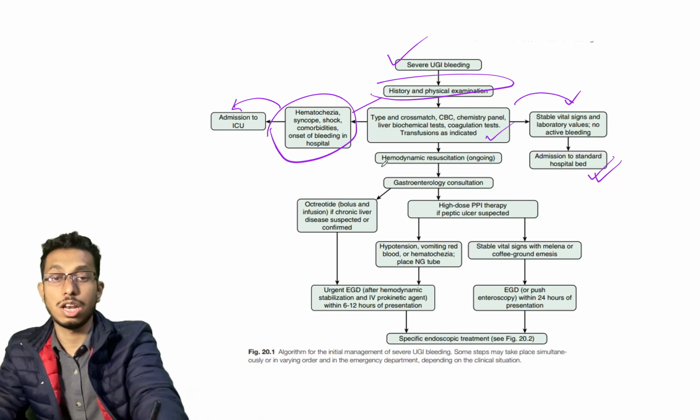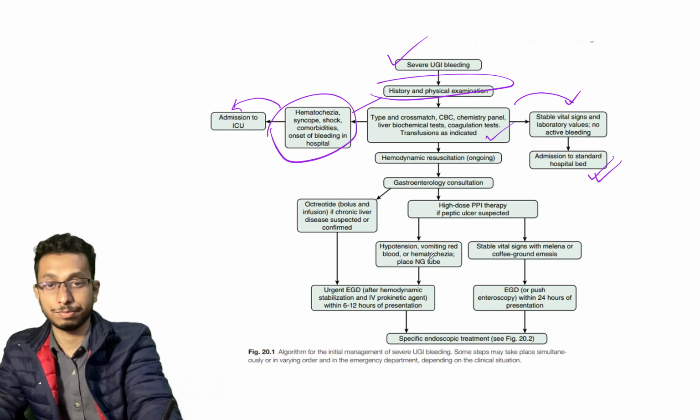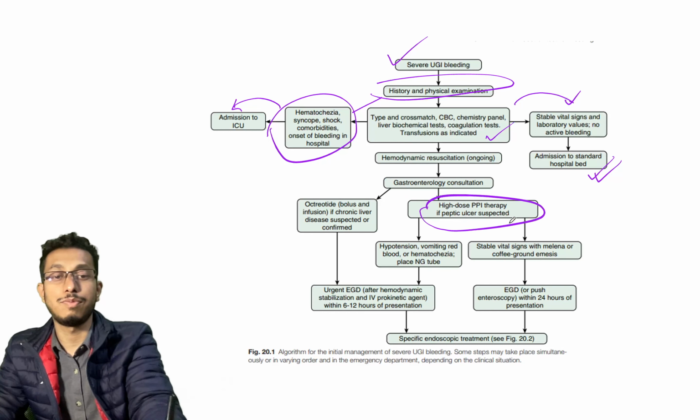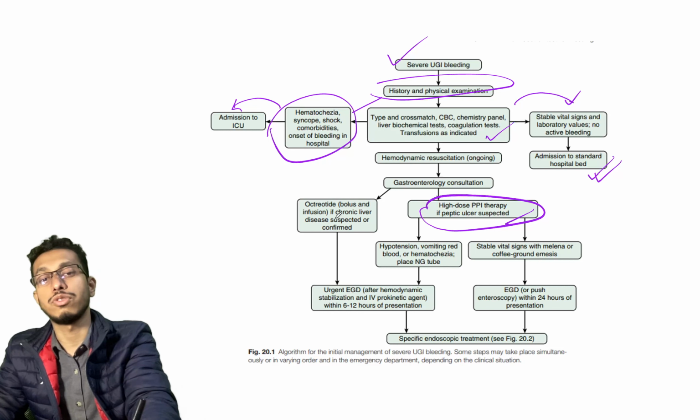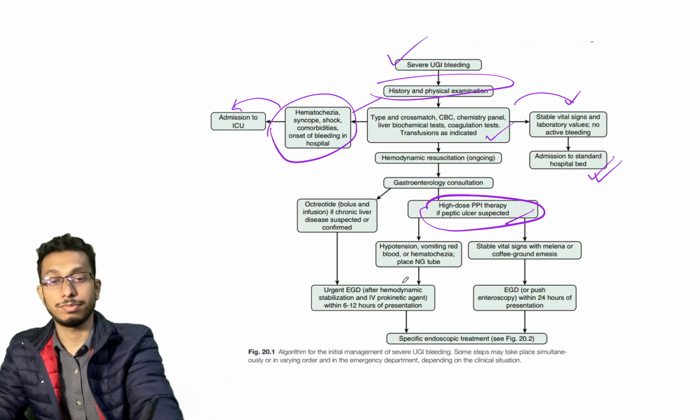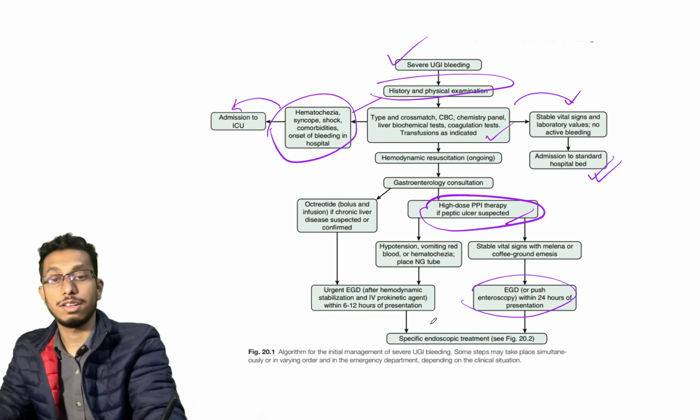Now, with hemodynamic resuscitation ongoing, we do consider high dose PPI therapy if peptic ulcer disease is suspected, along with empirical antibiotic coverage and octreotide, plus or minus, based on the liver status. Following which, endoscopy is done to find out the cause, and along with it we go for the specific management based on the